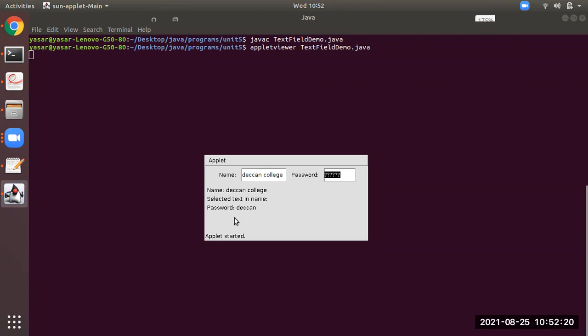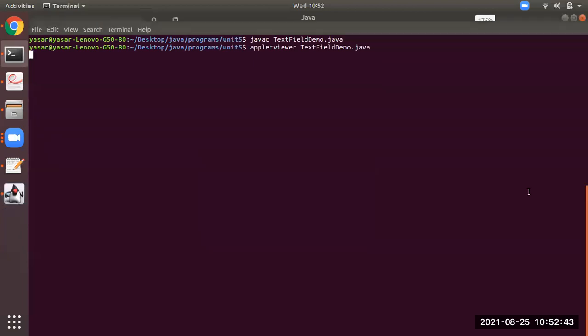Okay, there are many ways you can do it, if you want to disable the password, you can disable, it's up to you. But what is this program's demonstration? It is demonstrating what is a text field. So these are the text fields. One is for the value which is visible. The other one is invisible, the password.